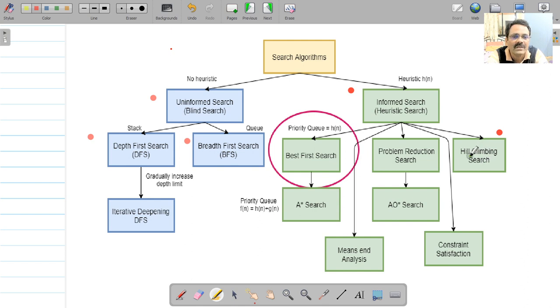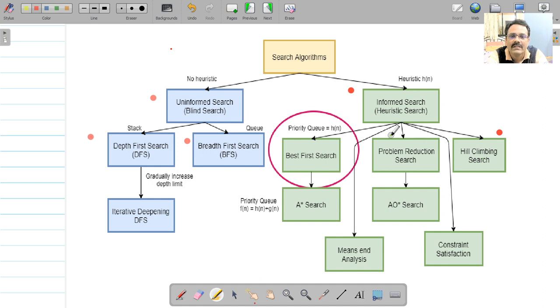We do not store any node in memory, and the algorithm continues until it reaches the goal node. We saw problems like hill climbing getting caught in local maxima, or local minima if it's a minimization problem, or in a ridge or flat region.